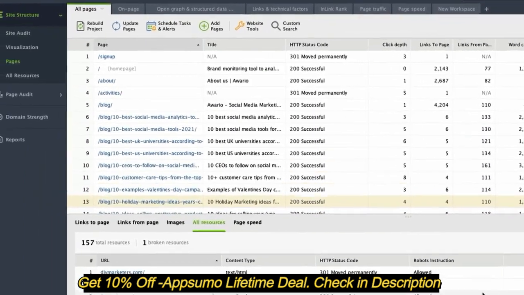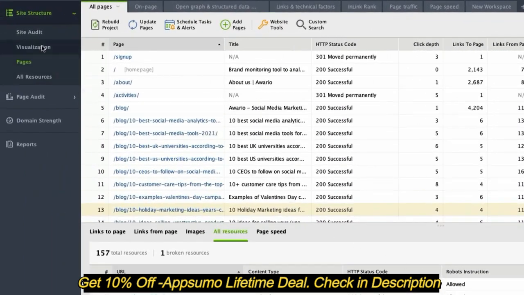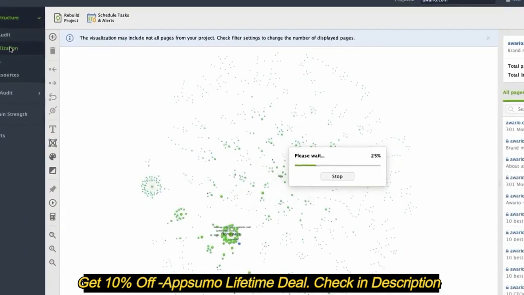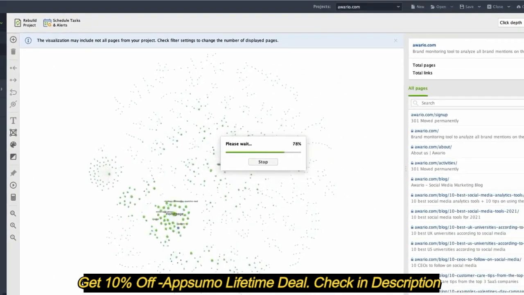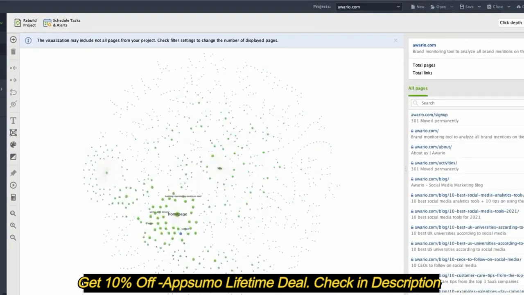Another cool feature that you may find interesting is the visualization map. It is an actionable graphical map showing the structure of your site and the distribution of internal links between pages. This map can help identify orphan pages, they are shown in gray, isolated parts of your site, redirects, they are shown in blue, broken links shown in red, and other problems of your site's architecture. With the help of this feature, you can build your website structure and make sure that all pages are properly